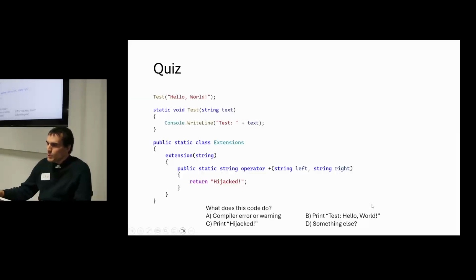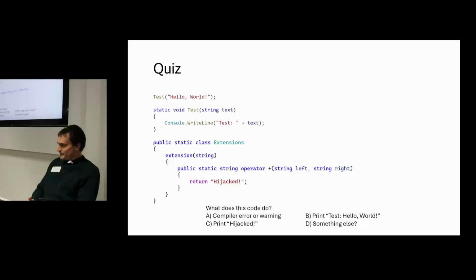So a little quiz for you. What does this code do? Does it A, print and does the compiler issue a warning or an error? B, does it print test hello world? C, does it print hijacked? Or does it D, do something else? Anybody? Anyone? No,